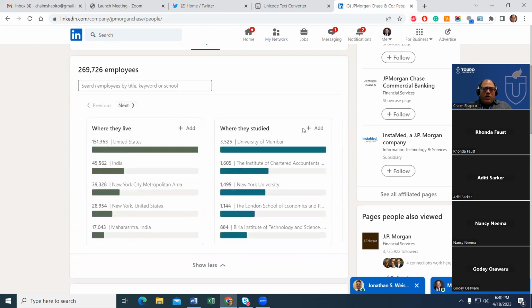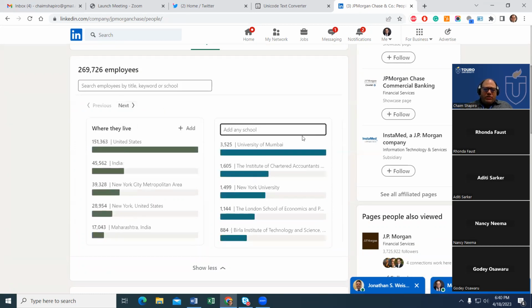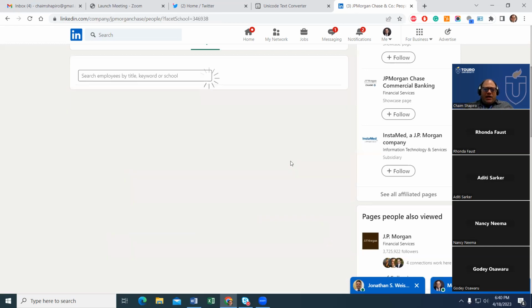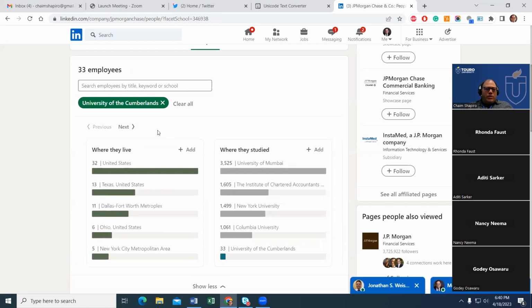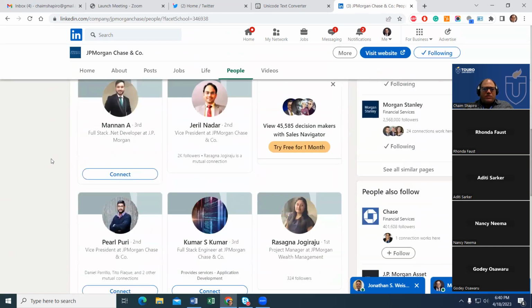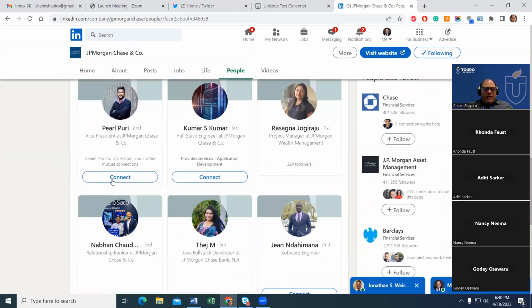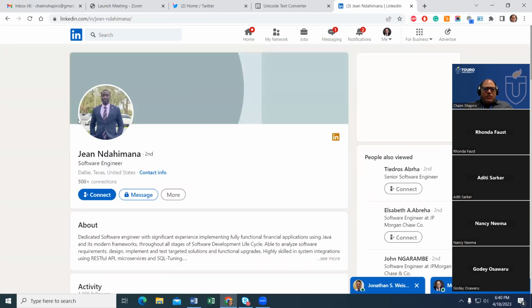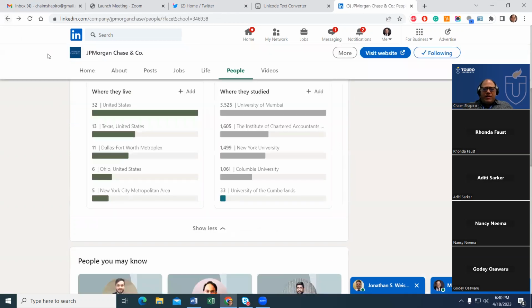I want to show you this also. One of the other things you could do is change this and put in University of Cumberland's, and look what this is going to show me. There are 32 people in the United States who are working at that particular company from the University of Cumberland. And guess what? You can see those folks. If you wanted to engage somebody, you could click on one of their profiles, and this could give you potentially the opportunity to engage this person if you're looking for a job or just for advice or things like that. So that's a little hack to make sure that your skills are highlighted and you're choosing the correct skills